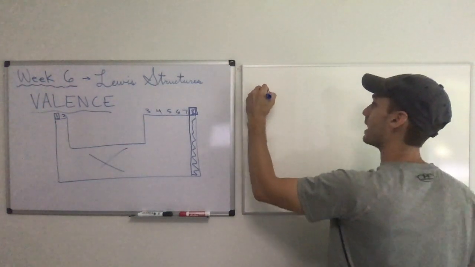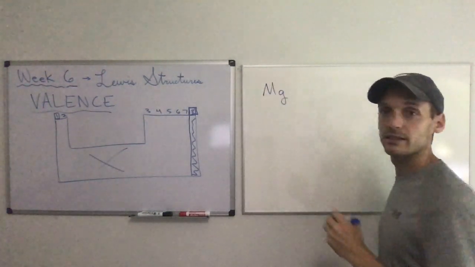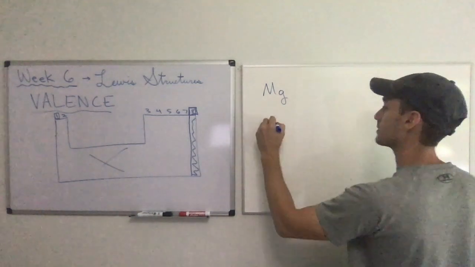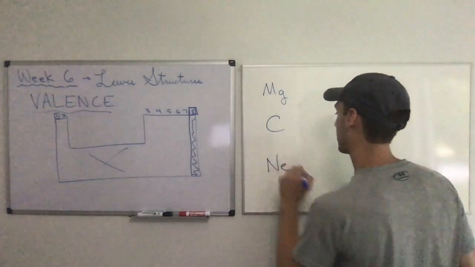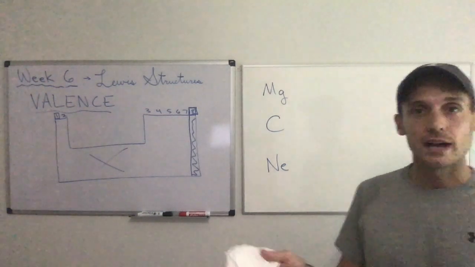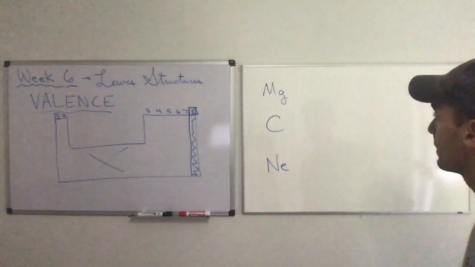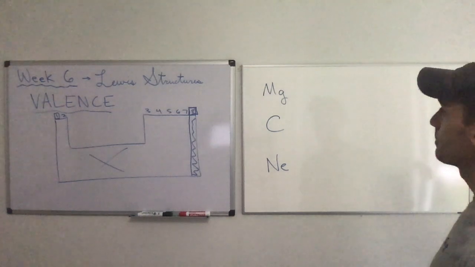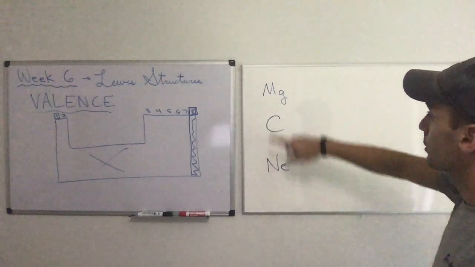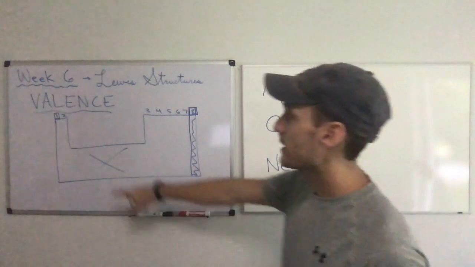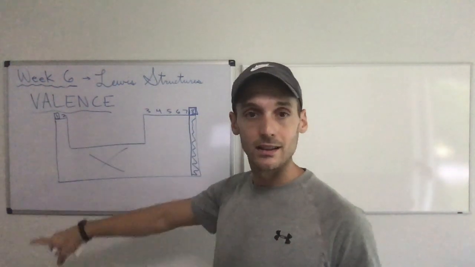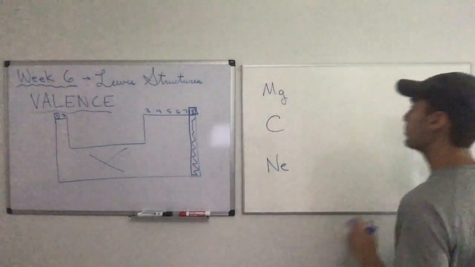Okay, so let's just do a couple quick examples. Let's figure out how many valence electrons these elements have. So let's do magnesium, carbon, and neon, and then I'll show you how to draw these valence electrons in our little picture format, so in a Lewis structure. So Mg, if you look at your periodic table, you will find that it's in the second column, meaning it has 2